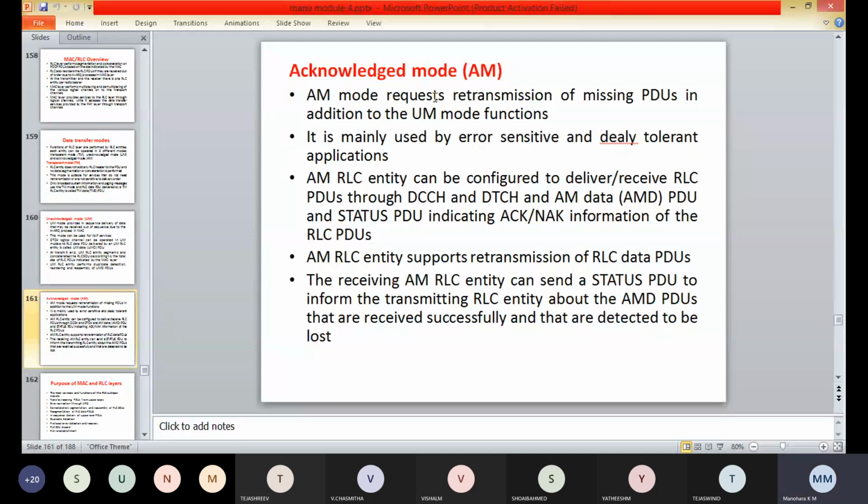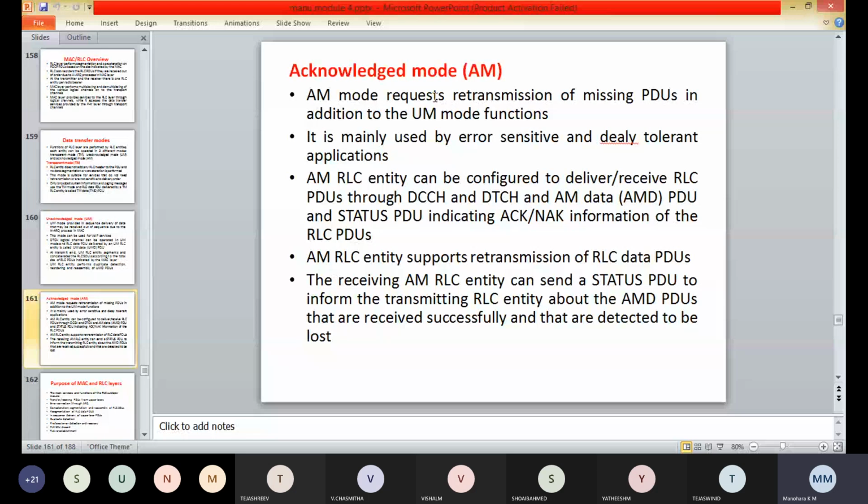That is the downlink control channel. Here an acknowledged mode RLC entity delivers the PDU and the status relevant information of the RLC PDUs.